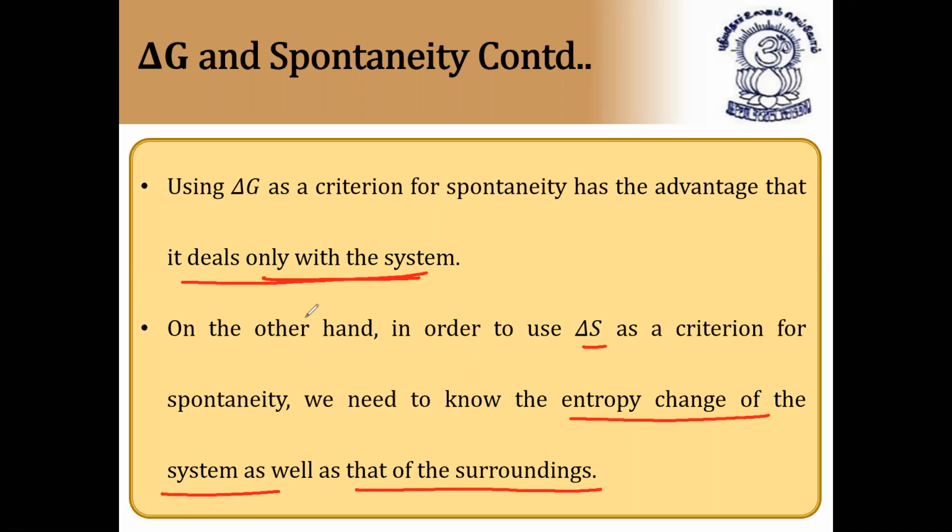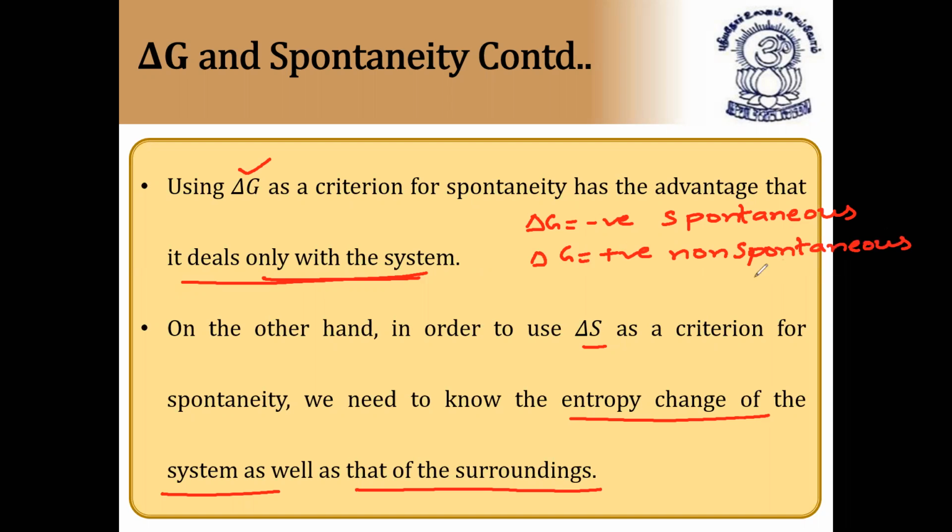So that's why delta G should be a better criterion for spontaneity than delta S. That's why for a spontaneous process, delta G should be negative. For spontaneity or feasibility, delta G should be negative, and delta G is positive if the process is non-spontaneous or non-feasible. Non-spontaneous or non-feasible, you can see the words. And delta G is equal to 0,